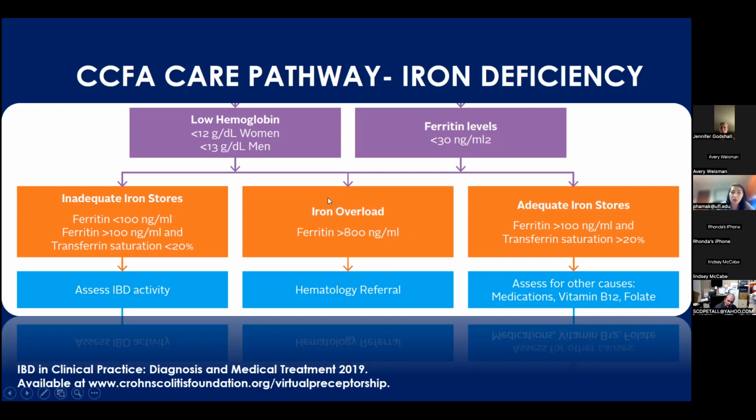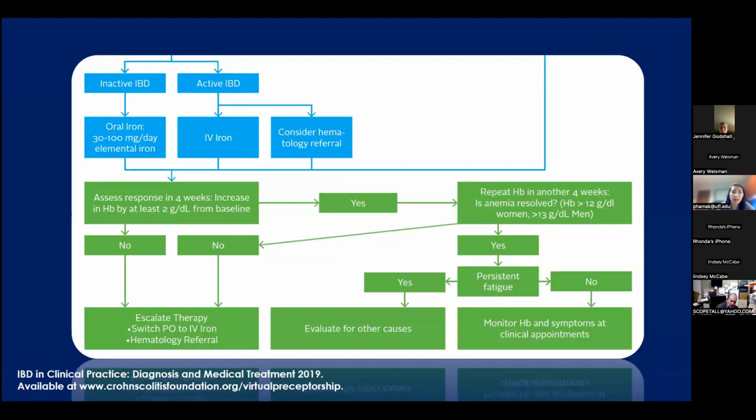And of course, all along, I will also check for other causes of anemia, including B12, folate, and so forth. Once we have decided on either IV or oral iron, 4 weeks after they've started their therapy, I'll repeat their hemoglobin. If they haven't increased their hemoglobin by at least 2 grams from baseline, that's when we decide to either